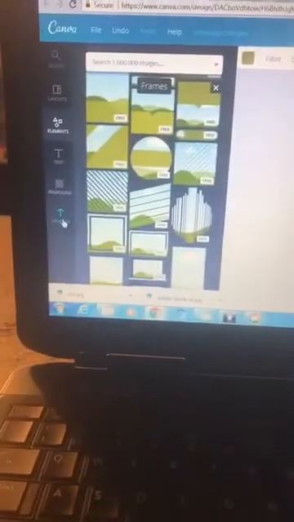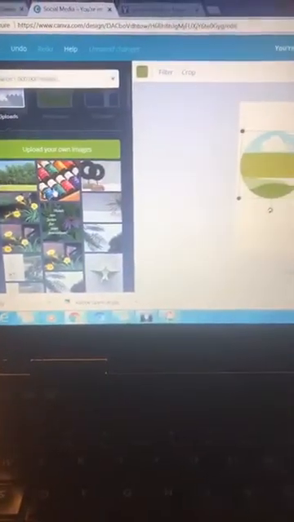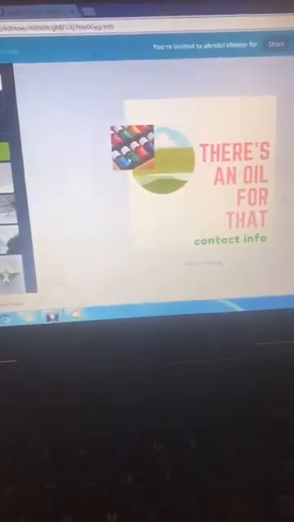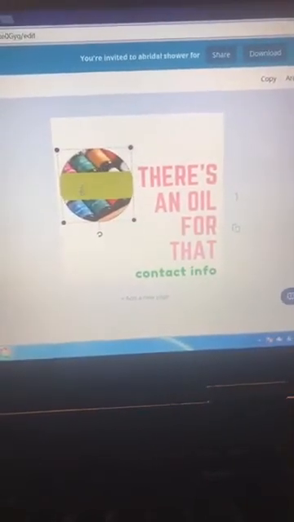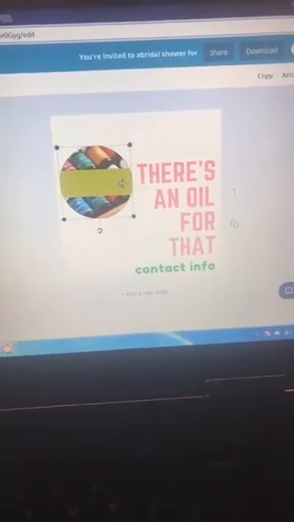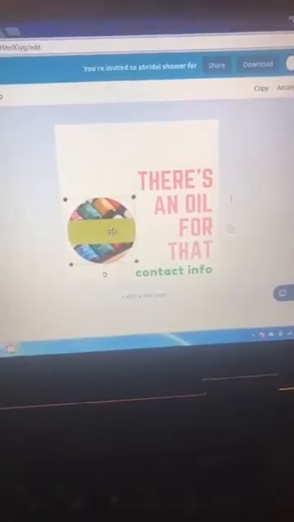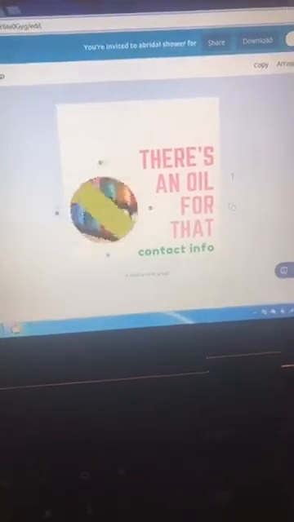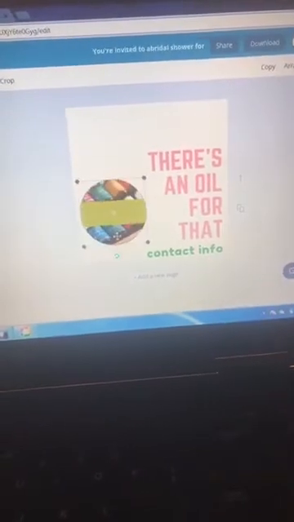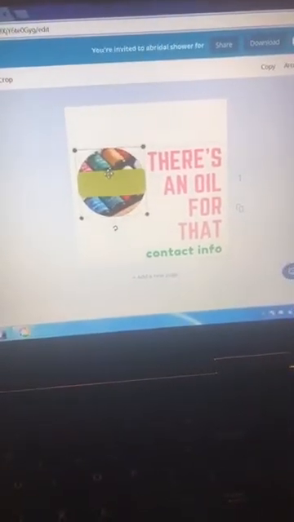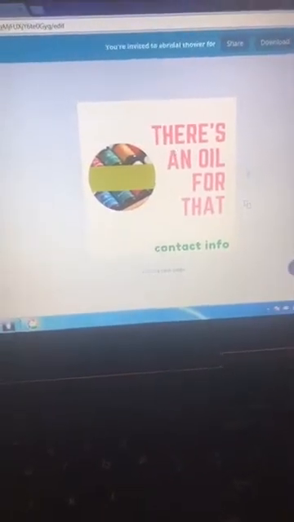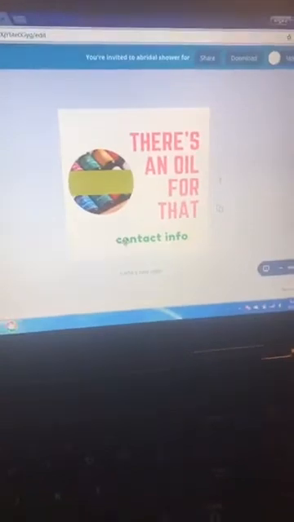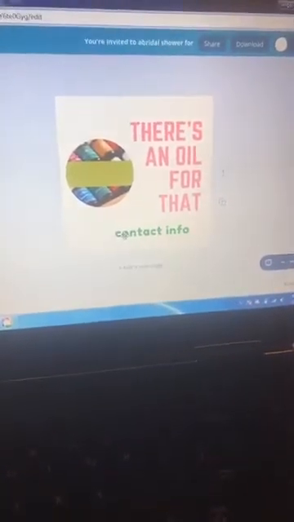So I'm going to go back to my uploads, and I'm going to take this picture of oils and put it in my frame. And there you go. It puts it inside that frame for you, beside your words. And again, you can move it around, you can tilt it, turn it upside down, whatever you want to do. You can just move this stuff around however you want. Okay, so when you get it like you want it, and I know this is not pretty,